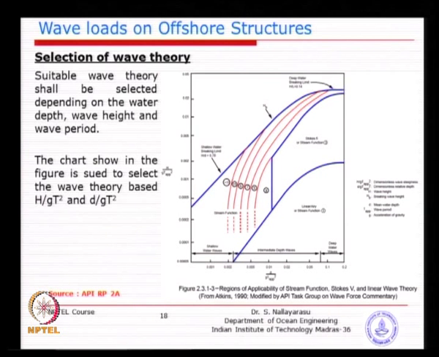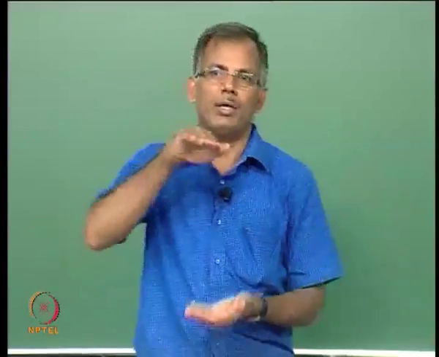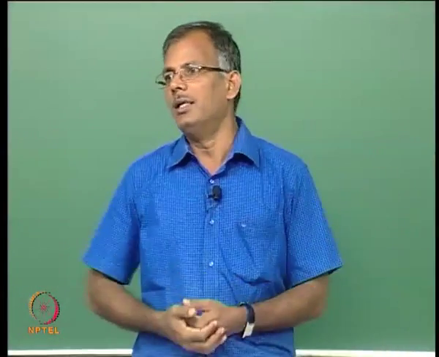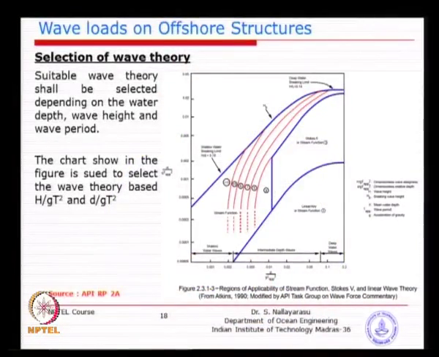So, one is the wave steepness, the other one is the relative water depth, how much is the water depth with respect to the length of the wave. You could see here these two parameters are playing a major role. The vertical one is very easy to understand, the wave steepness: how big is the wave when compared to the length of the wave.